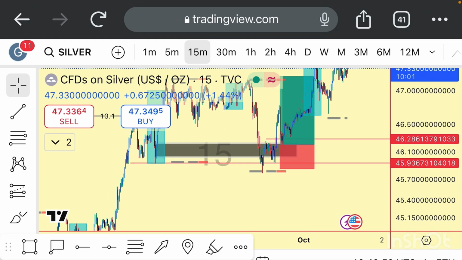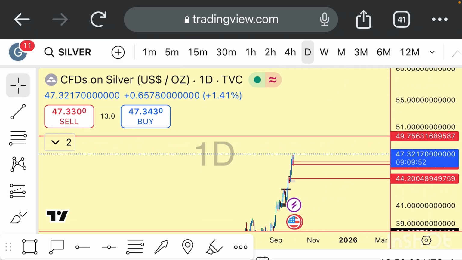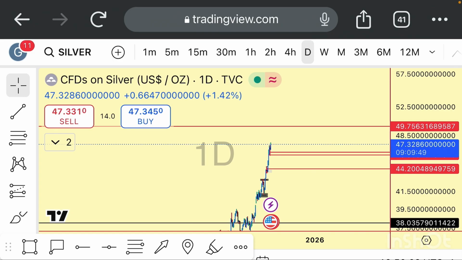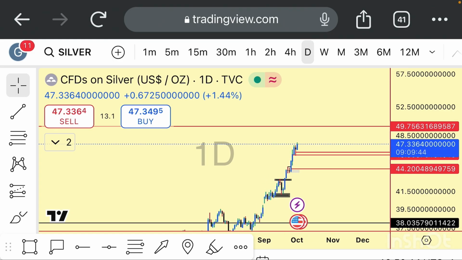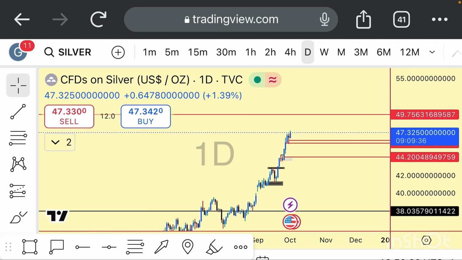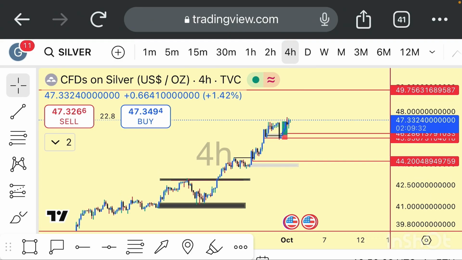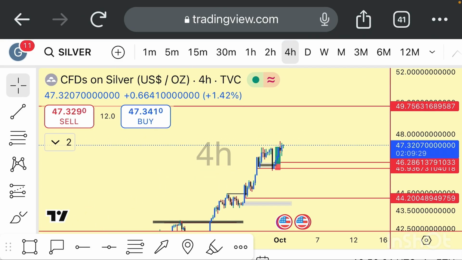If you go to the higher time frame, silver is on a very bullish run, and from my analysis, this is where I want the bullish trend to end. You can see we have this red line right there. This market has been very bullish for the past months. If you come to 4 hours, you now start looking for where to enter. If I'm buying silver for the past months, you should be in profit because it's always buying.